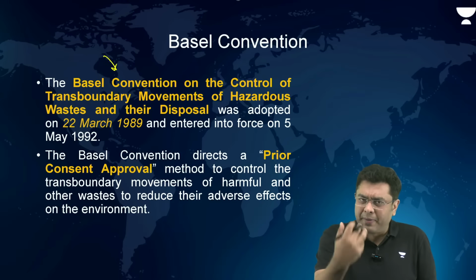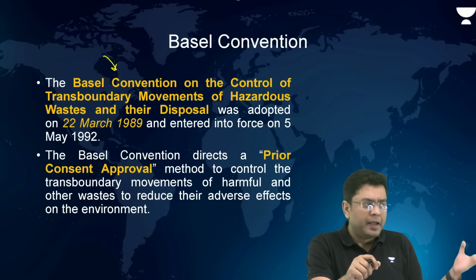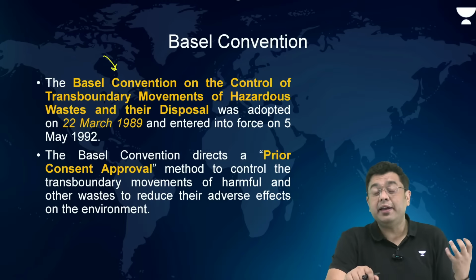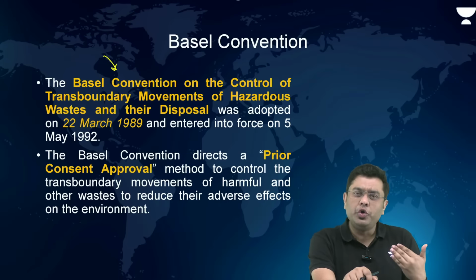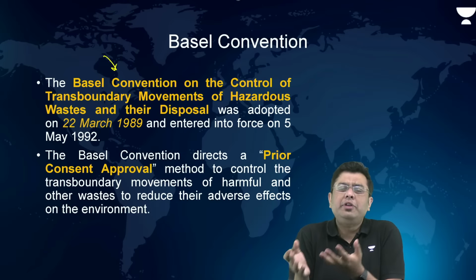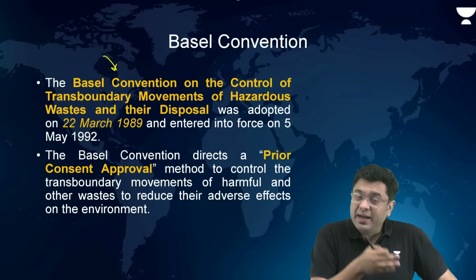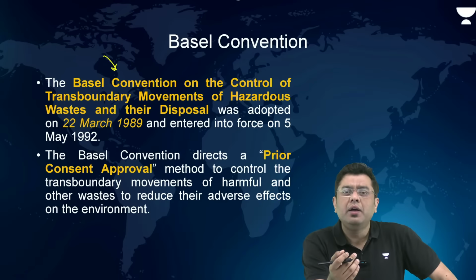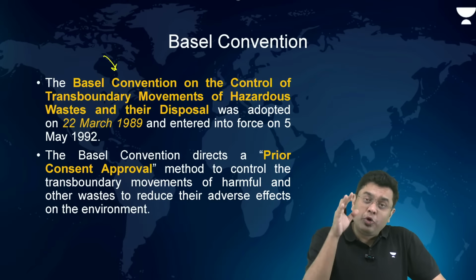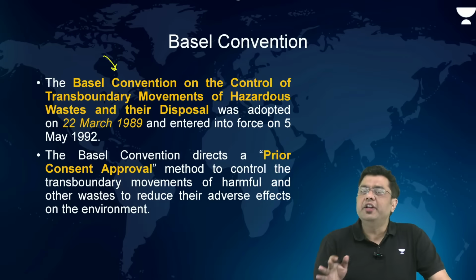So what used to be the practice in general through the 60s, 70s, 80s, 90s and early 2000s as well? Developed countries, when they had a lot of accumulated waste, did not have enough land area to degrade or store that waste. What would they do? They would sell that waste, or in a way provide that waste, to underdeveloped nations so that they could extract whatever they can. As a consequence, the underdeveloped or developing nations ended up getting materials like asbestos, lead acid, and so on, which would be absolutely damaging to human health but also the environment. So that is what the Basel Convention targeted.